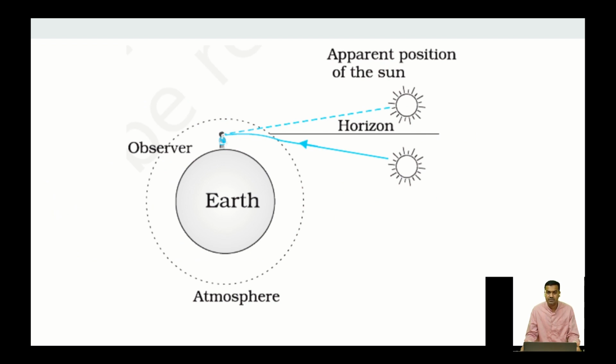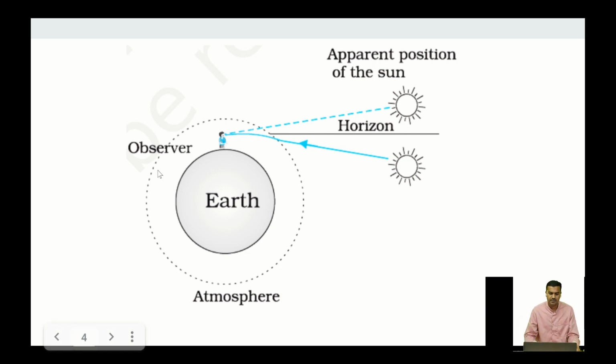Again, let me explain this concept by using the ray diagram. You can see here the earth, and an observer standing on the earth. This line, which is parallel to the earth's surface, is called the horizon. When the sun goes beyond the horizon, definitely we can't see the sun, because we are not getting light from the sun. When a ray falls on an object and gets reflected back, then we can see the object, or if rays are coming from that particular object, then we can see it.